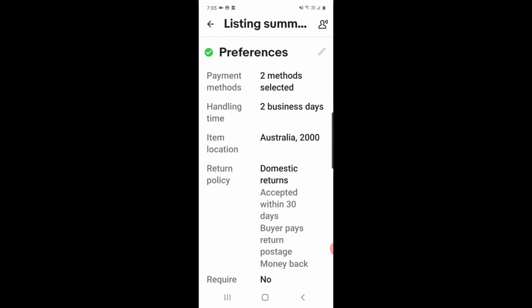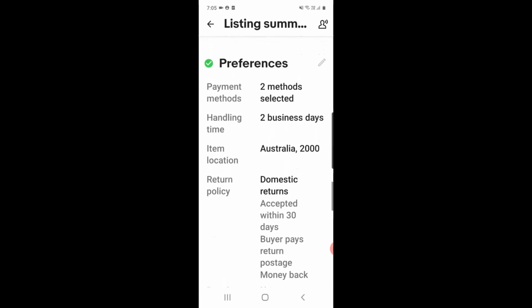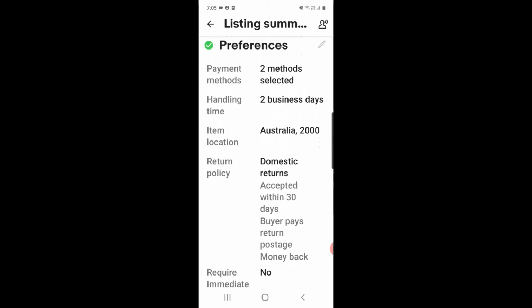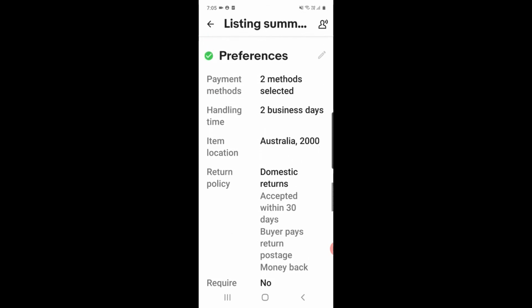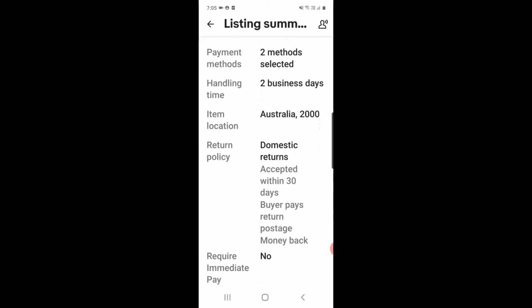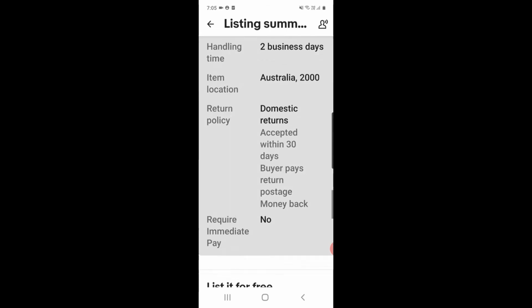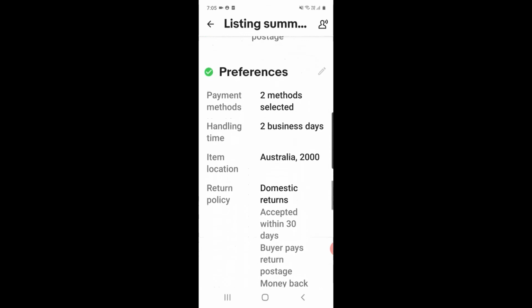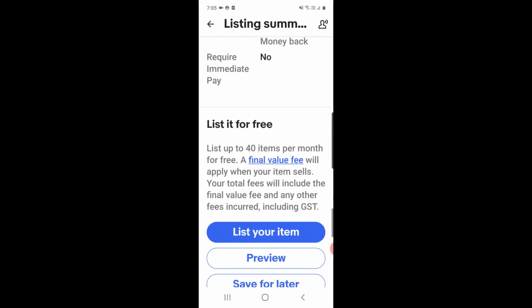But I wouldn't take any more than about 2 business days, because customers do like to have their item posted fairly quickly, and you don't want to get any negative feedback about postage being too slow, which sometimes happens. But basically, if you stick to this, by the second business day, just get it into the post for your customer. Okay, so we've done preferences,